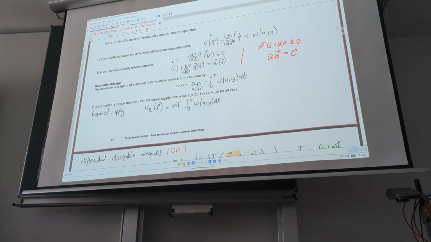So this would be what I can at least extract from the system starting at x0 in the interval 0 to t, and this would be how much energy,